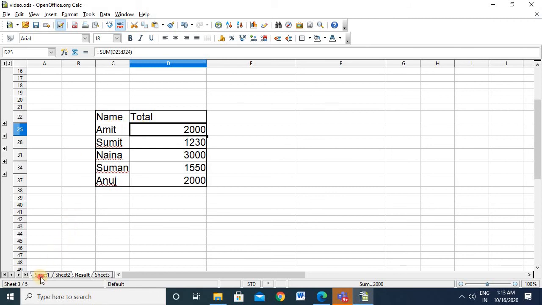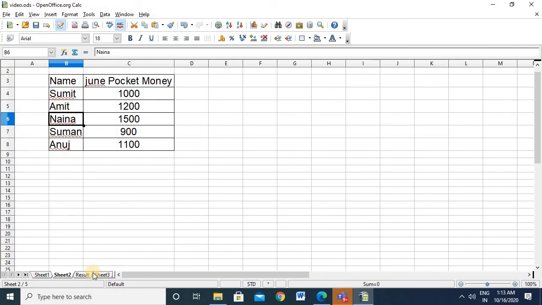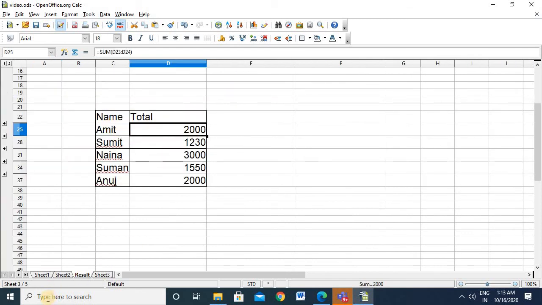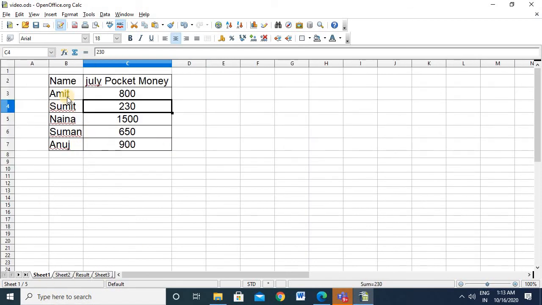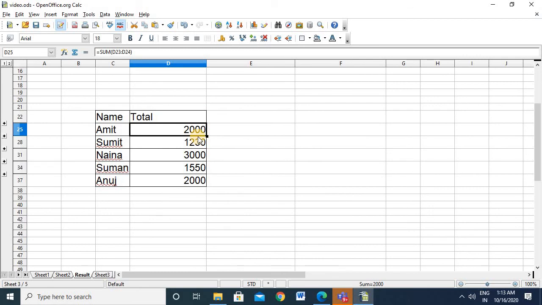In the first sheet, Amit was at the first position. In the second sheet, Amit was at the second position, but in the result you get the total of Amit, and you can verify that July pocket money 800 and June pocket money 1200 and total is 2000. See, this is the beauty of this consolidate part.